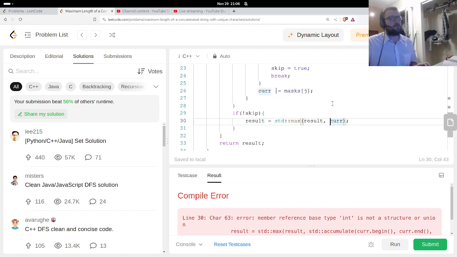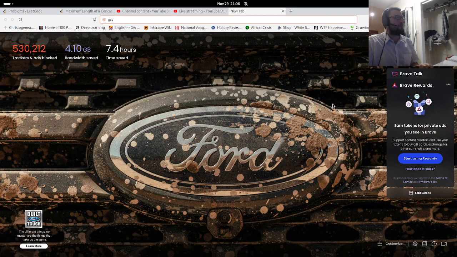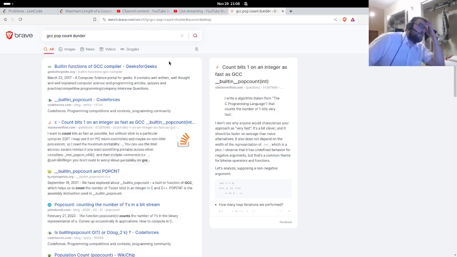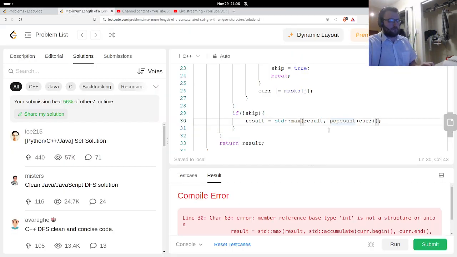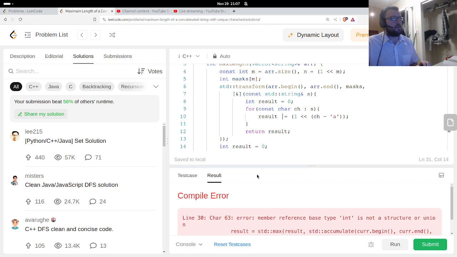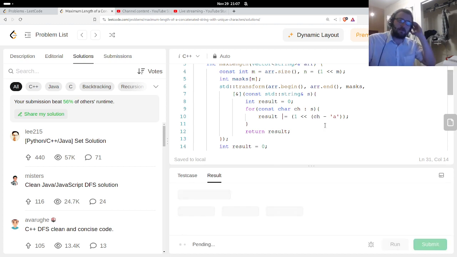It's like pop count, right? Underscore underscore built-in underscore pop count. Yeah. Just out of, what do you call that? Just might as well try that.